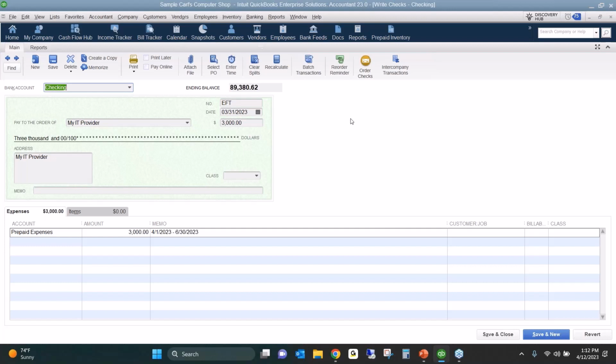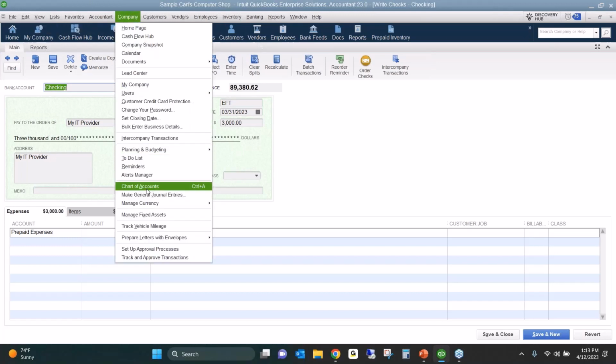So if I don't do it right when I write that check, or maybe somebody else is responsible for doing those prepaid expenses, you would want to make it part of that month-end close process that you go ahead and get those all booked out, because making sure that you do it the one time, right, and getting them all booked out and make sure that you're marking down the right amount each month, everything is consistent, all that fun stuff. So what I'm going to do now, so I've got my 3,000 in there,